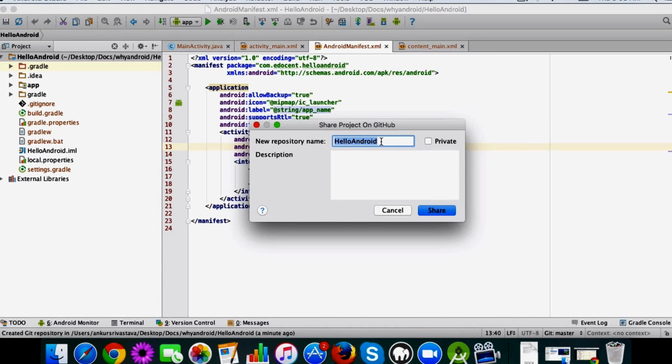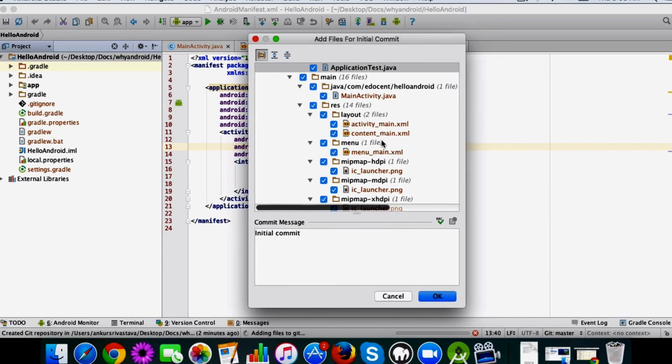I'll leave it as the app name, which is Hello Android, and it also asks whether you want to keep it private or public. If you select private, you have to pay a monthly fee basically. As of now, we don't need the private option. We'll keep it as public. You can add a short description also, a sample project. Okay, and let's click on share.